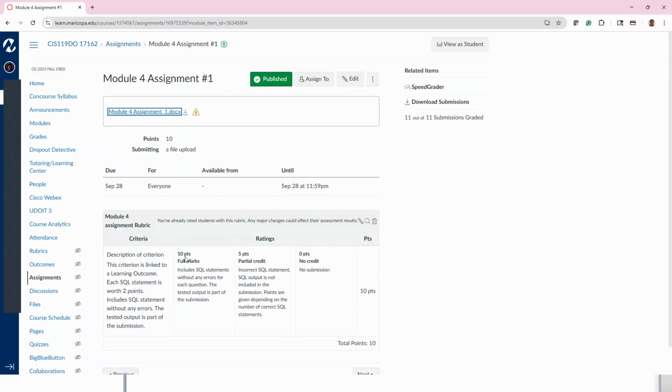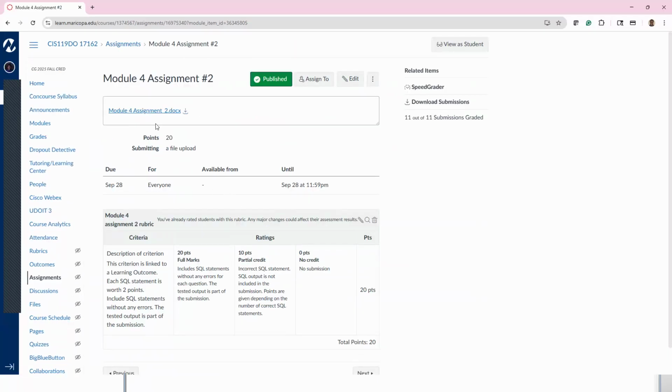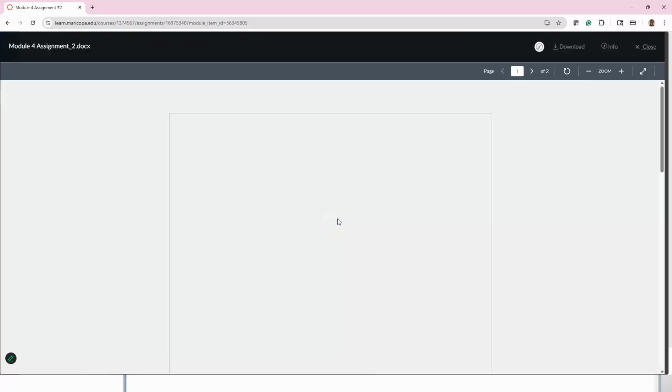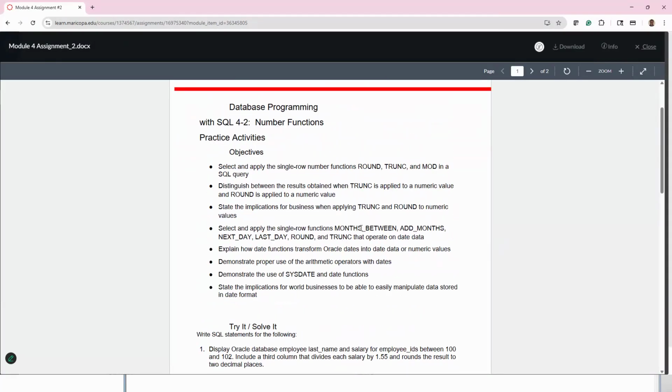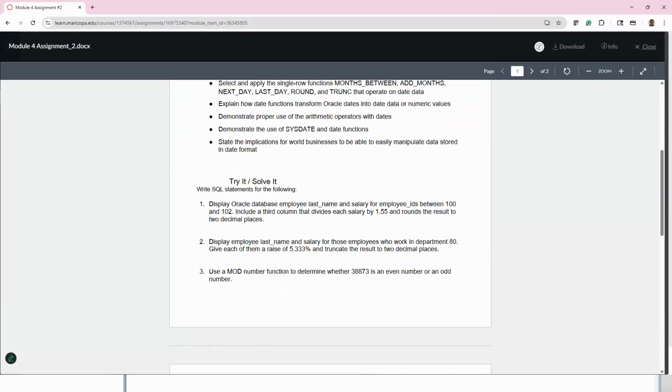All right, so that was the first one. As I said, there were some creative responses to that, and I welcome those. There's no right or wrong answer, you just need to make sure that you get the correct result. Let me close that. The second one was a little bit more challenging, but not too bad, using basically the number functions and number and date functions. I have to make sure I include that because you do use date functions in here as well. All right, if we want to open up the